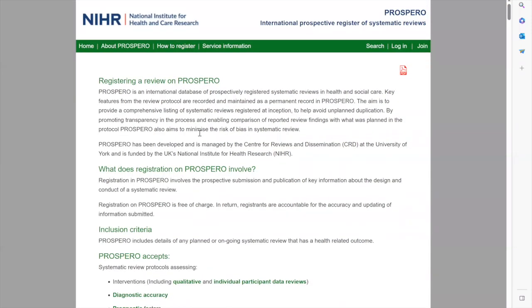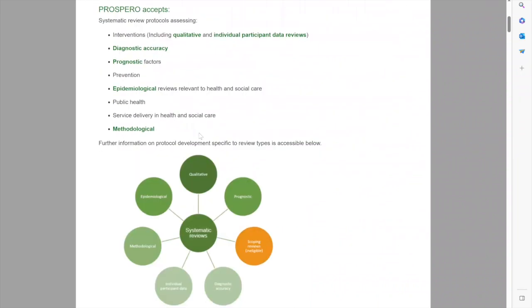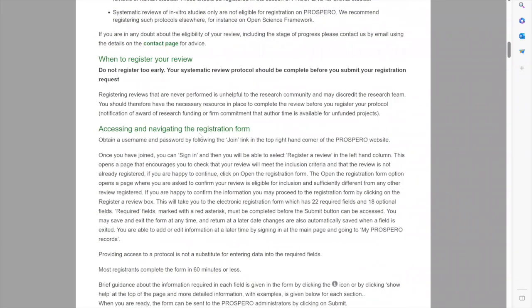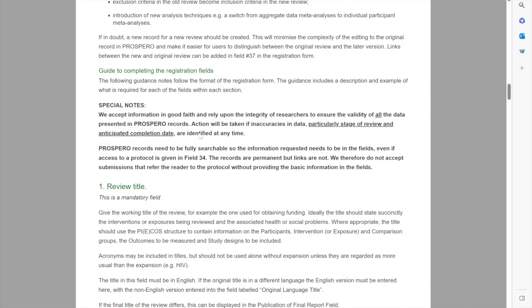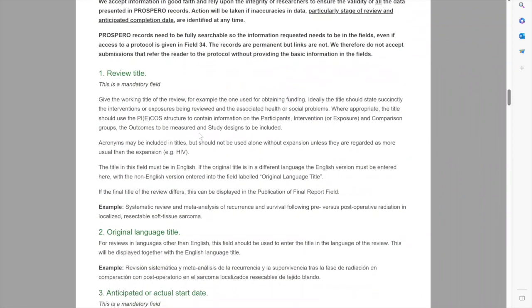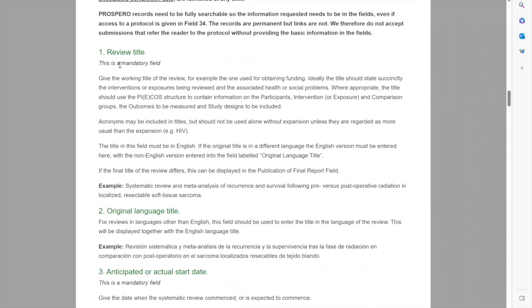So here are the details. As you see, they explain all the procedure and all the things that we have to comply with, and also they disclose if it is mandatory or if it is not.